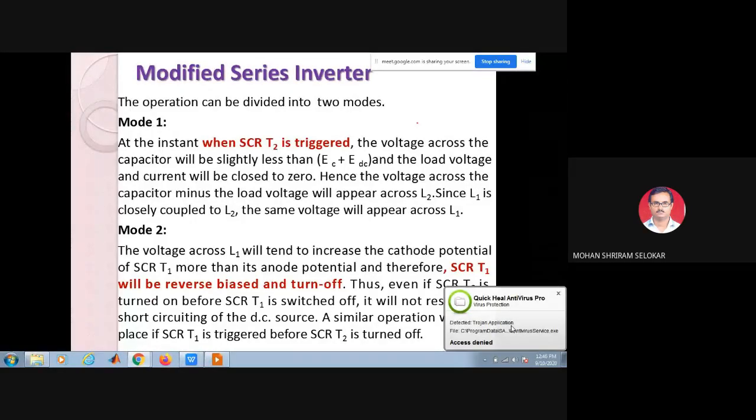Yeah. So what I meant to say is that the modified series inverter basically avoids the disadvantage of increasing the frequency. Now, when it is happening, when the thyristors are turned on,